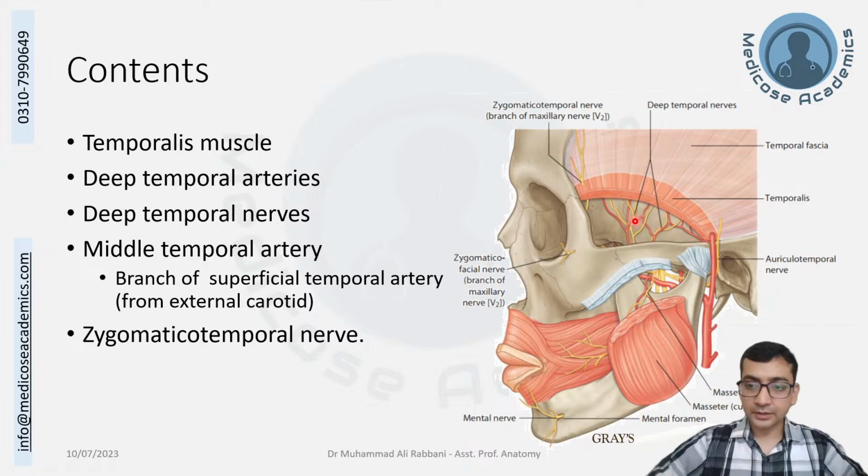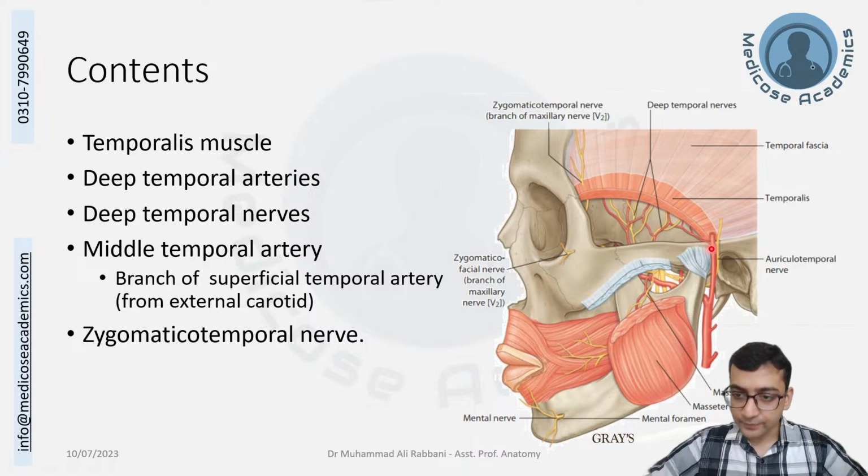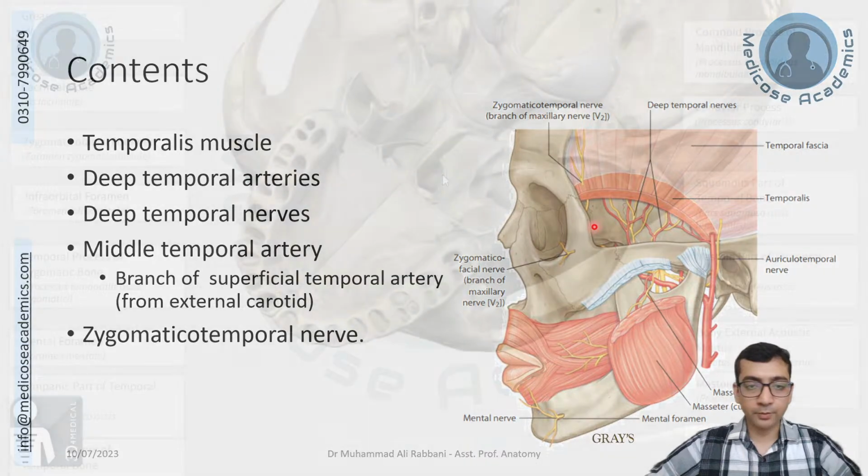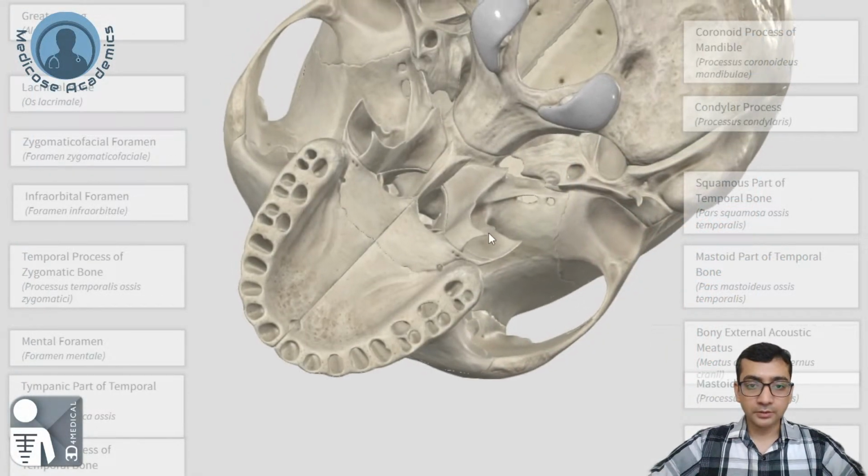To be clear, these arteries coming from the temporal are branches of the maxillary arteries. So there is an artery coming from the outside. This is the branch of the superficial temporal artery, called the middle temporal branch, the middle temporal artery. And there is also the zygomaticotemporal nerve that is coming outside from the zygomaticotemporal foramen. I hope you remember the zygomaticotemporal